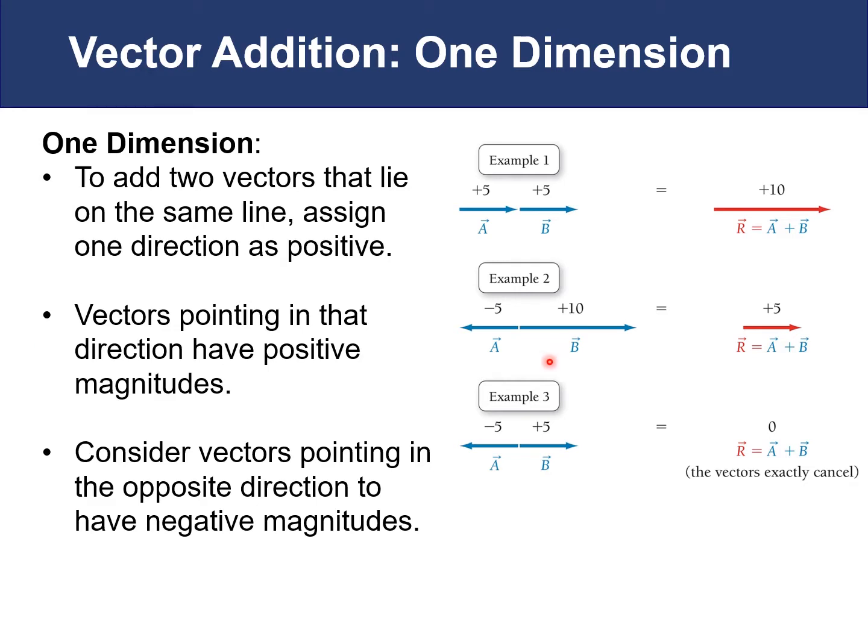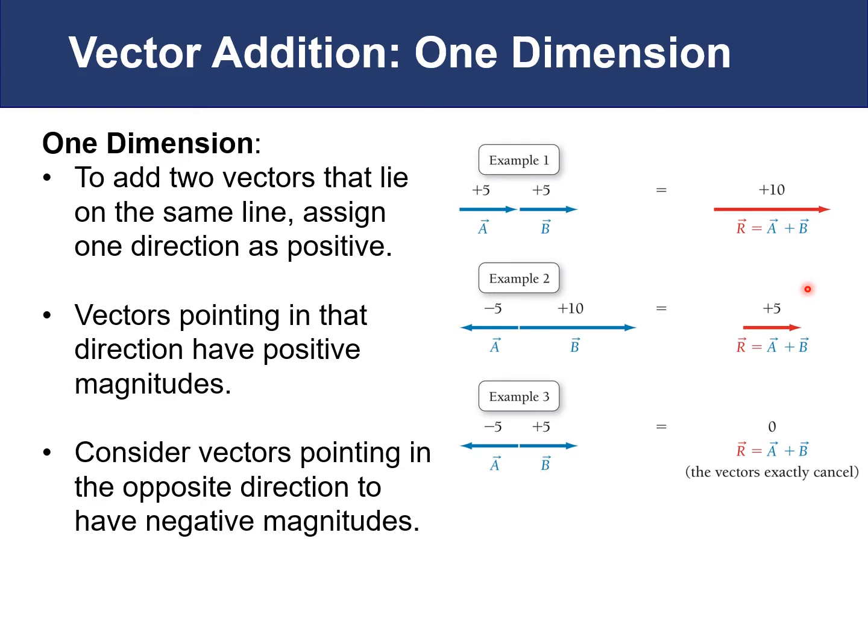We could also have vectors that are pointing in different directions. Let's say one vector is longer, 10 units long, and the other vector is shorter, 5 units, but pointed in the opposite direction. Because it's pointed in the opposite direction, we will change the sign on it to give it a negative and then add the two values together. So that would be 10 units to the right plus negative 5 units, this time going to the left. Or you could think about it as 10 minus 5. 10 minus 5, or 5 plus negative 5, results in a vector, our resulting vector, being 5 units to the